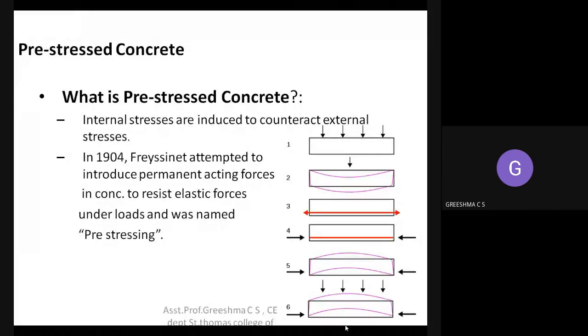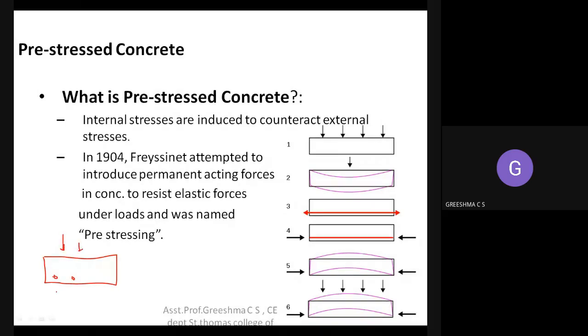Okay, so coming to the first new concept, take your mind fresh. I'm taking you to a new concept, that is pre-stressed concrete. So what is happening in pre-stressed concrete, apart from the normal reinforced concrete structures? Normal reinforced structures, we all know, will have reinforcement bars at the bottom. Normal RCC structures have reinforcement at the bottom, and when a load is applied to it,